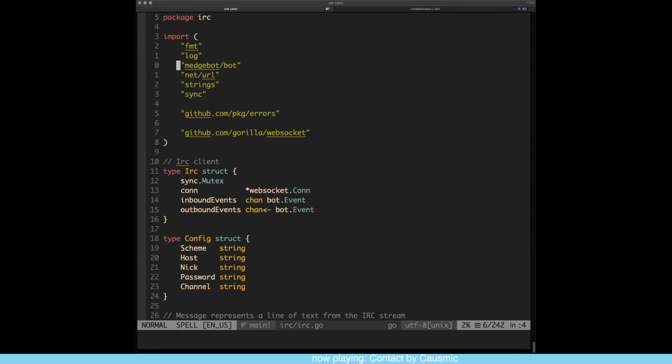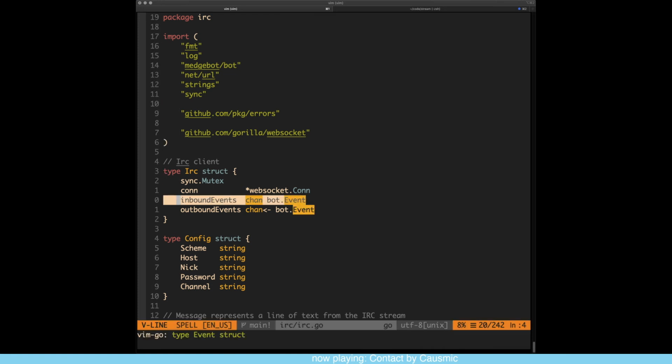The other half of the battle, though, is that we are still not actually listening on inbound events. So now we're still in the case of the bot is receiving messages from the IRC, but the bot can't send messages to the IRC. But unfortunately, that is going to be a problem for another time, as it is time to start the day